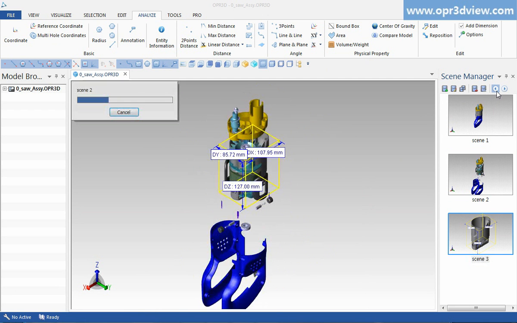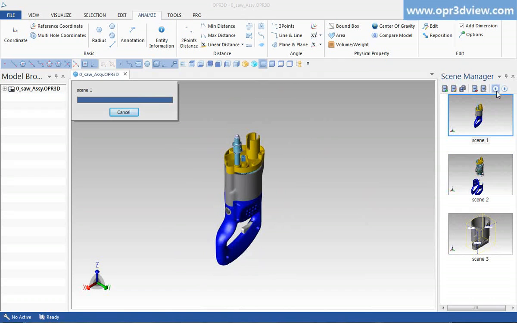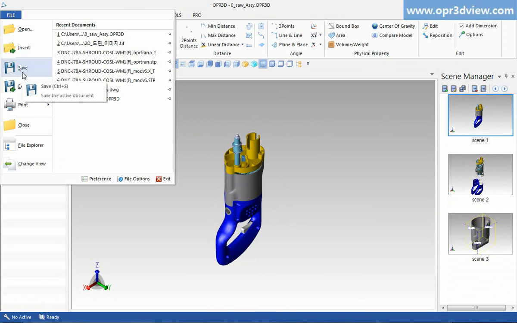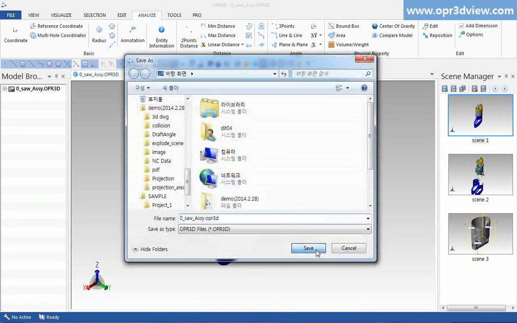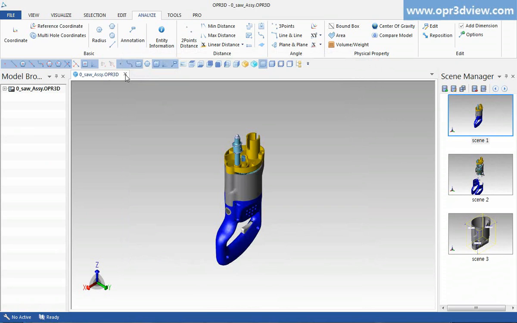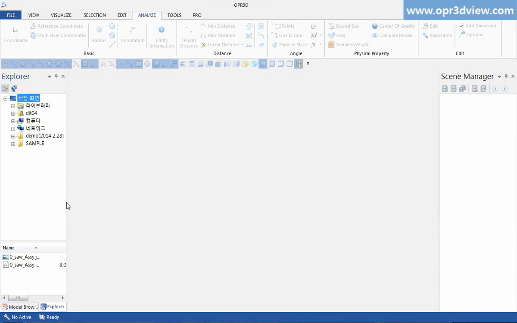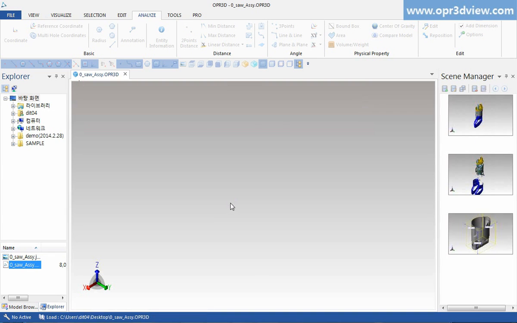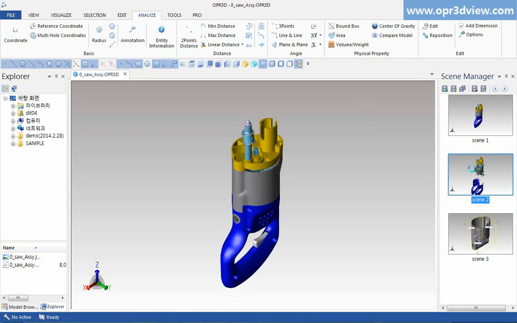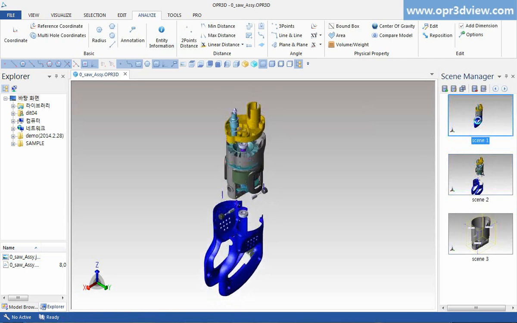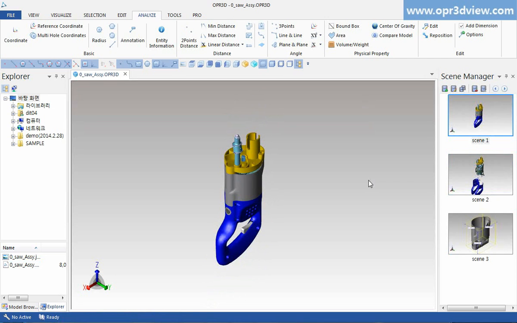Moreover, when you press the play button, it cycles through the scenes that you have saved, and creating video files is also possible. When you save a generated scene as an OPR3D file, that registered scene will also be stored. When you load the OPR3D saved file again, the saved scenes are displayed. Because you can move to the work state by selecting one, it can be operated more conveniently and